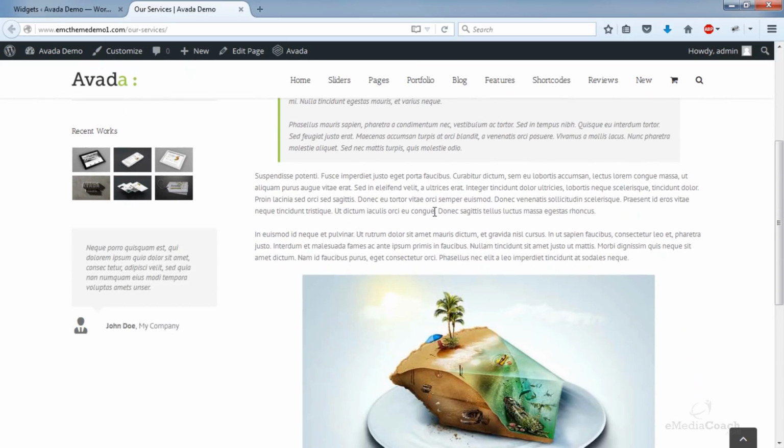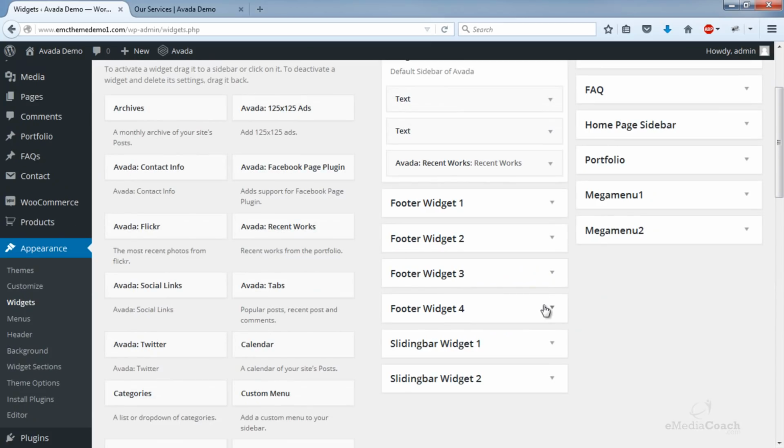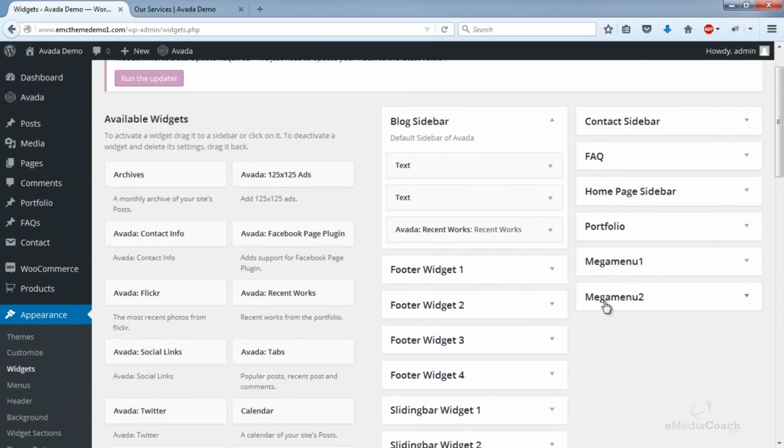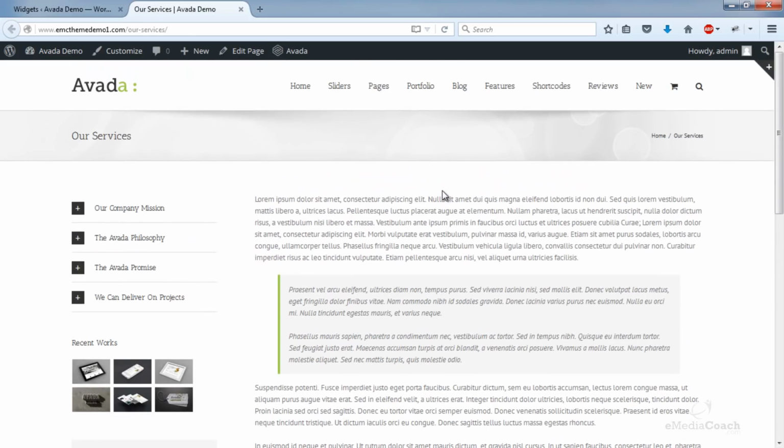Similar to how you can configure your sidebar, you can also configure your footer and all these other sidebars that are available, or what I should call widget areas, but I won't go into too much detail right now because it's probably not something you want to learn about at this stage. But update your blog sidebar because that's the main default sidebar that we will be using for any of your static content pages.